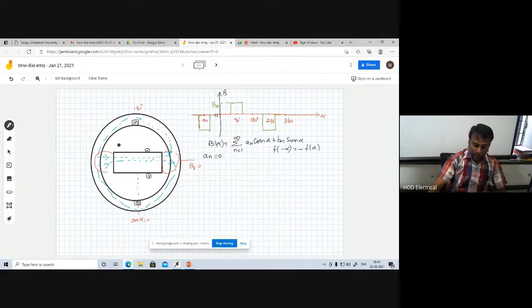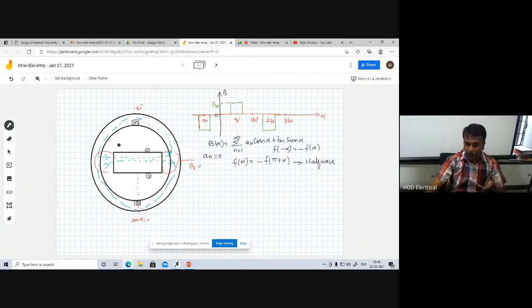Then if you analyze very clearly, this waveform has half wave symmetry. What is half wave symmetry? Half wave symmetry is nothing but f of alpha equal to minus f of pi plus alpha. So if you take this place f of alpha, f of pi plus alpha is here, minus f of pi plus alpha. So this waveform is called half wave symmetric. Initially the waveform is an odd function, therefore only odd harmonics exist.